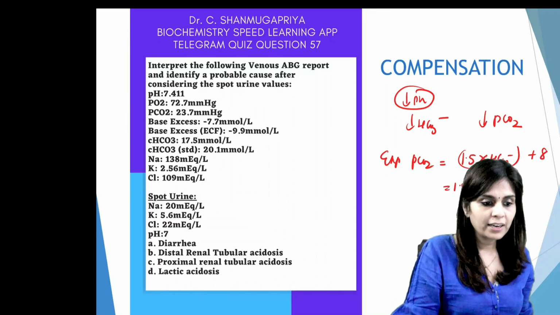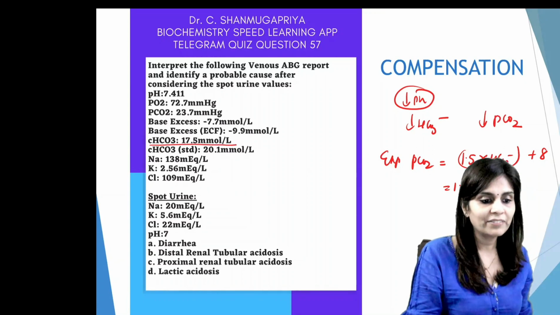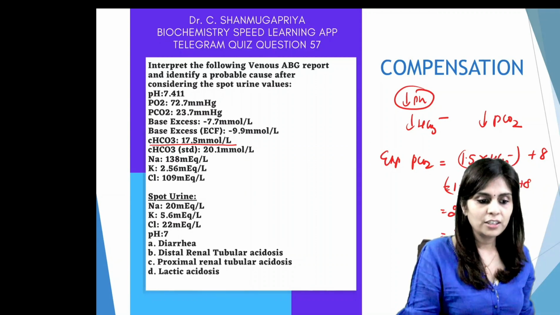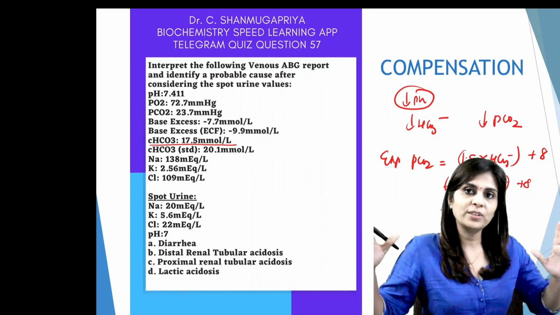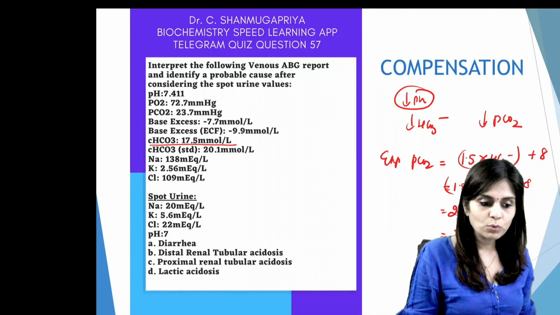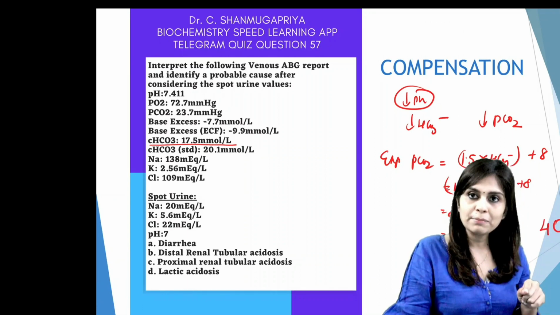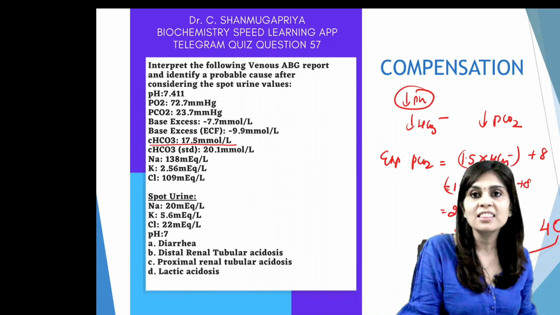And what is the bicarbonate value that is provided here? Always look at the actual bicarbonate value. It is 7.5 plus 8. And this is going to be somewhere like 24 plus 8. 32. On either side you can have a range. You always cannot say only one value, right? You always should have a range. So it is 32 plus or minus 2. So expected PCO2 is anywhere between 30 and 34, which means in this condition, from a normal value of 40 millimeter of mercury, I would expect the PCO2 to drop to anywhere between 30 and 34.